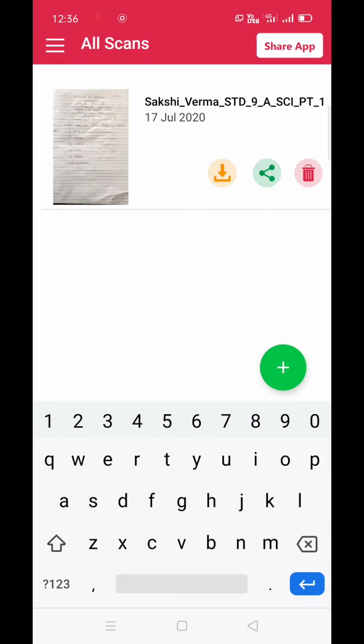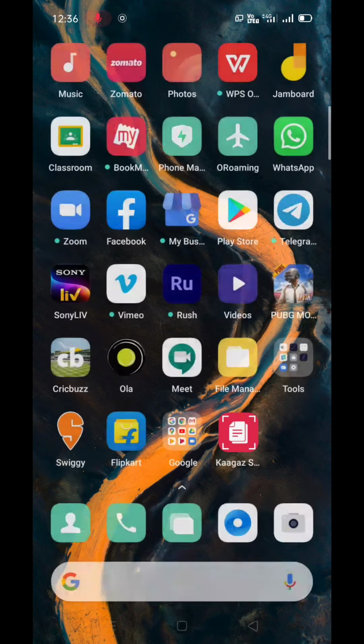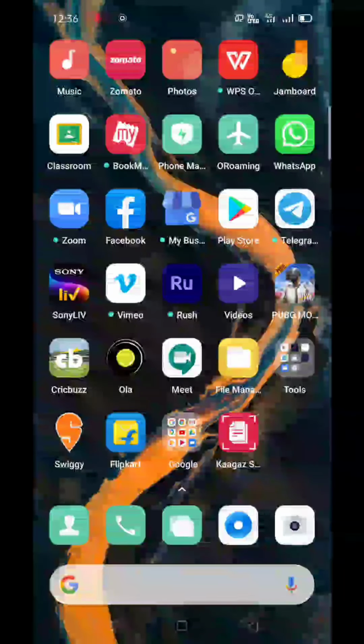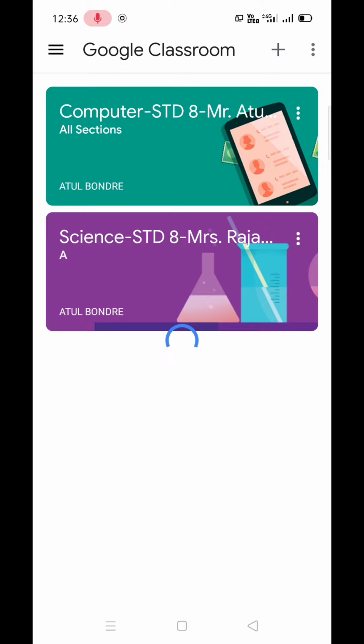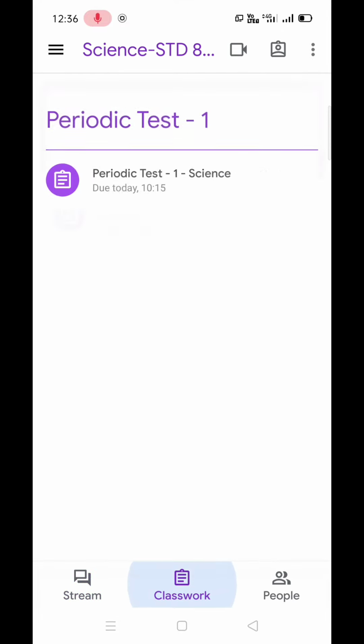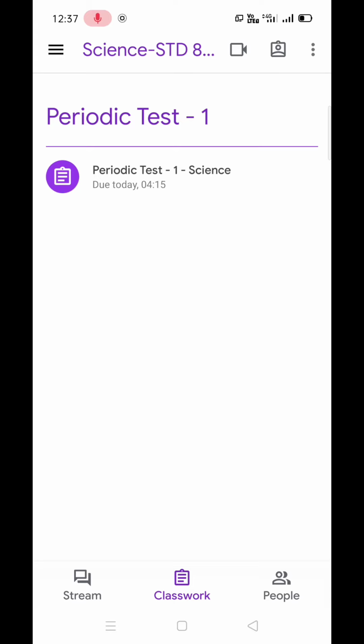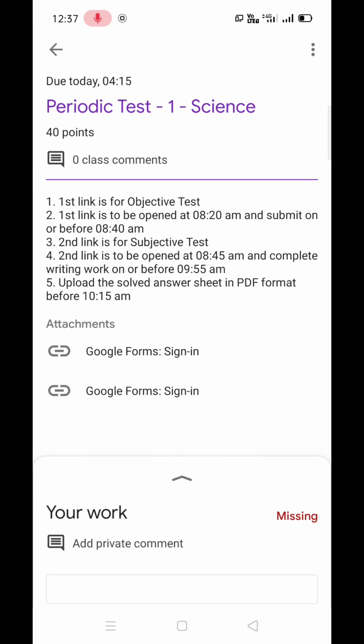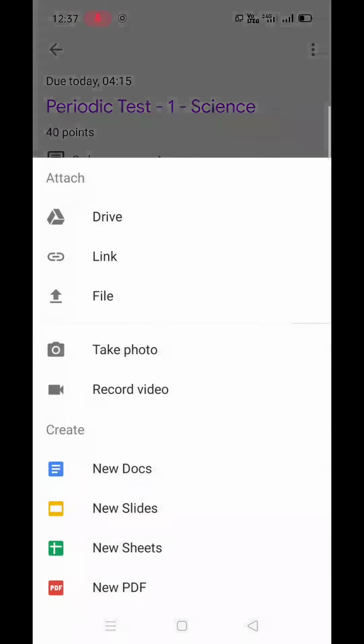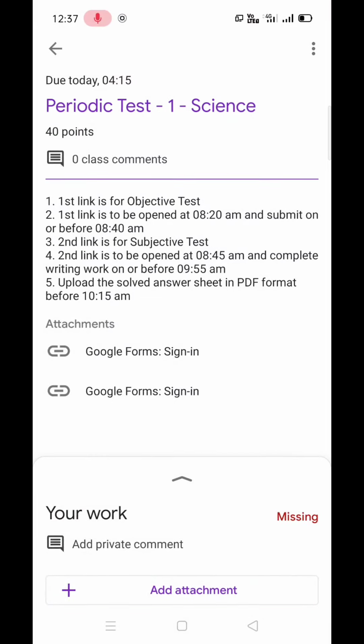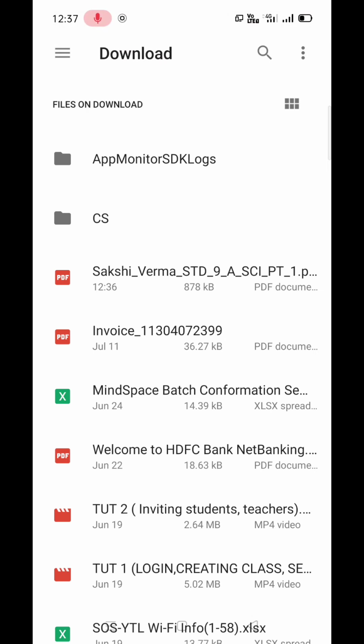Now this file is downloaded on your mobile. Now you can go to the Classroom app, select the subject, go to Classwork, go to Periodic Test 1, click on add attachment, go to the file, and select the PDF file from your mobile.